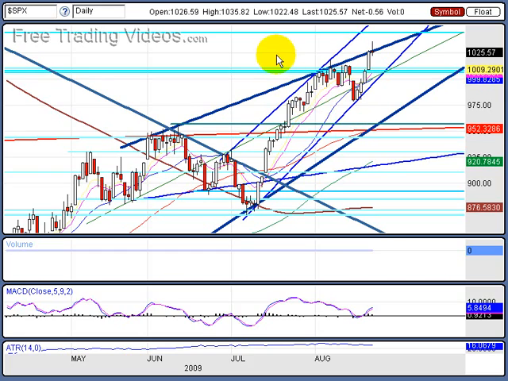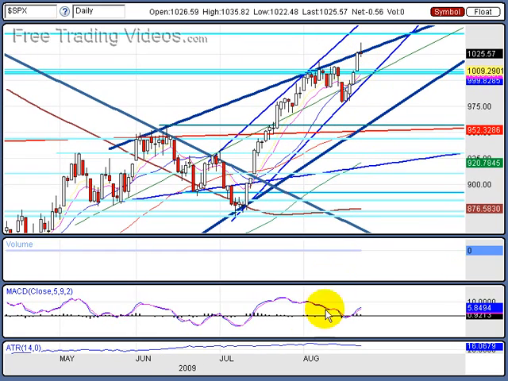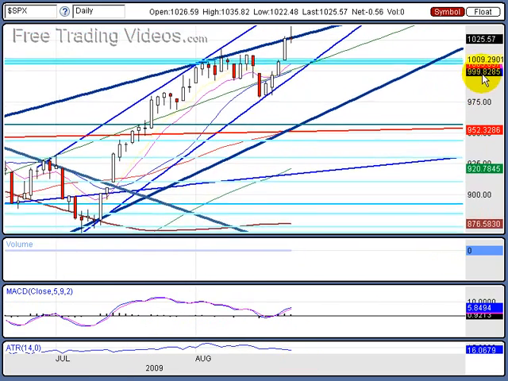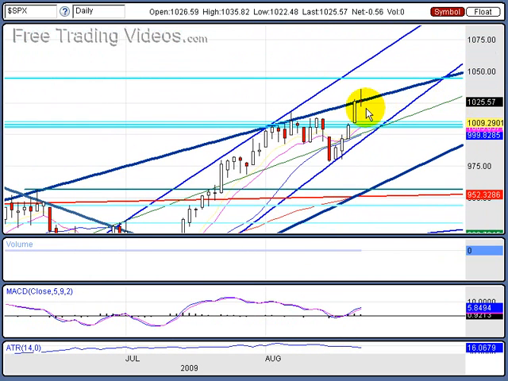Now, what are we expecting? It has everything to do with where we close tomorrow, which would be Tuesday. Today's low here is 1022.48. If we close lower than 1022, then we should start a little down leg. I don't know if it'll be 1 bar or 15 bars. I'm not sure. But if we close lower than that, then we have a great chance of pulling back. But we've got a lot of support right here at the 1,000 mark on the S&P daily.